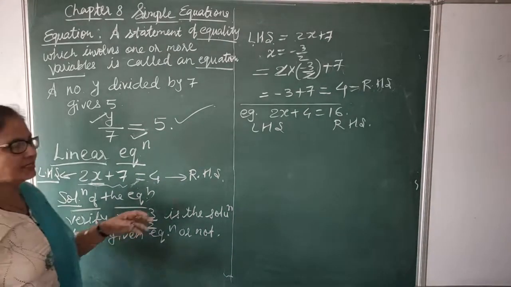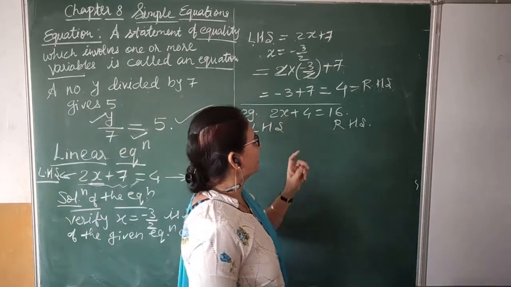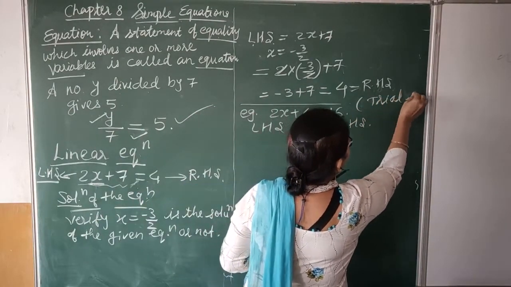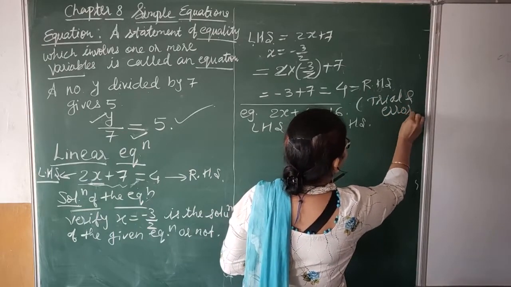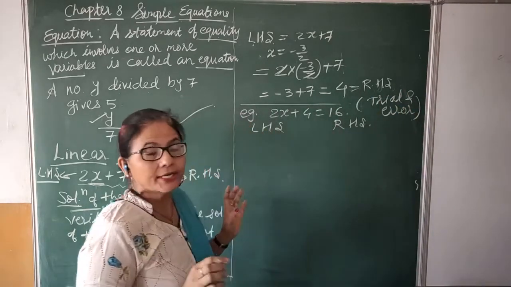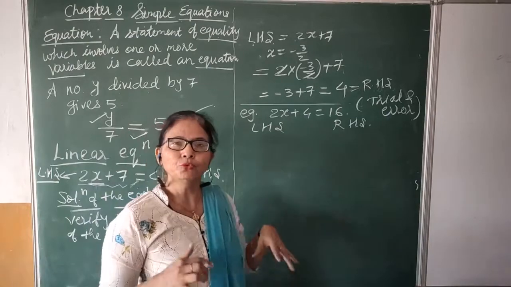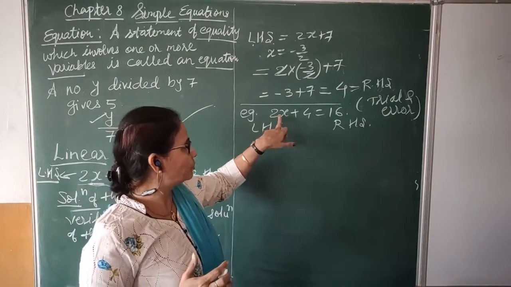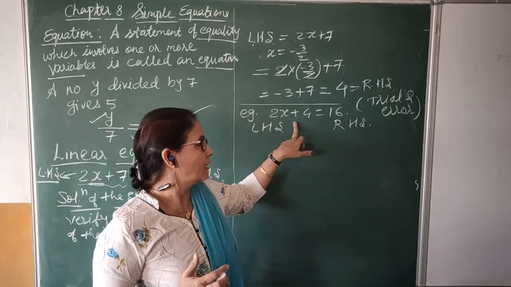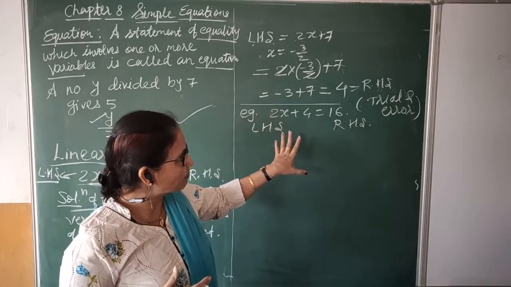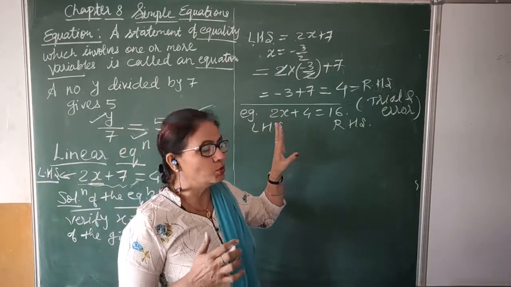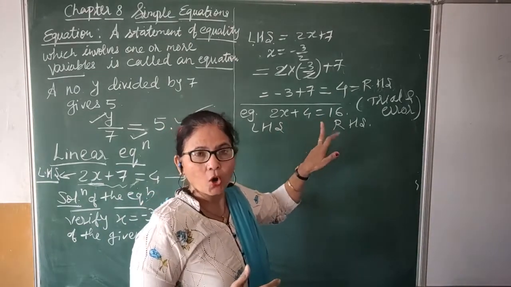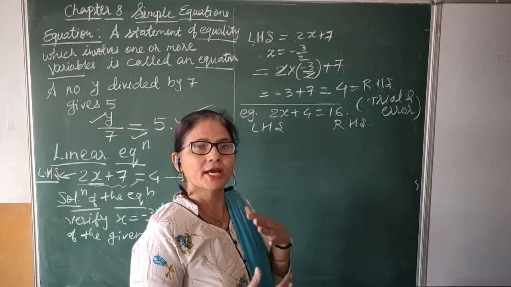See, this is an example I have written for the trial and error method. I am going to explain which method. Trial and error method means you have to try some values of x. You will put it here on the left hand side and simplify using that value, and you have to see whether you are getting the right hand side or not. So this is called the trial and error method.